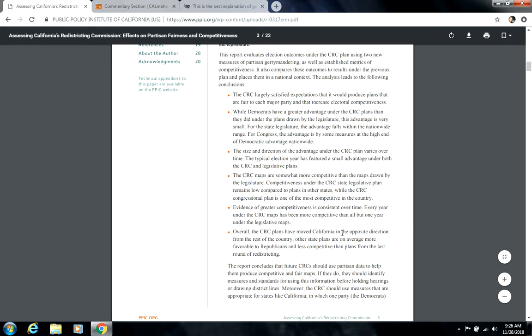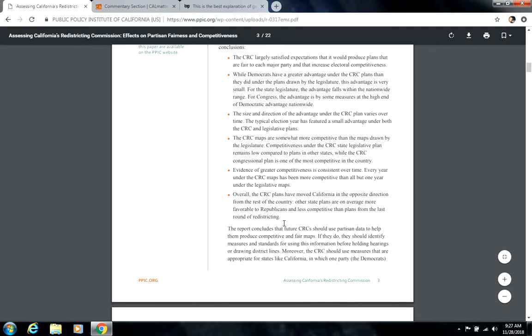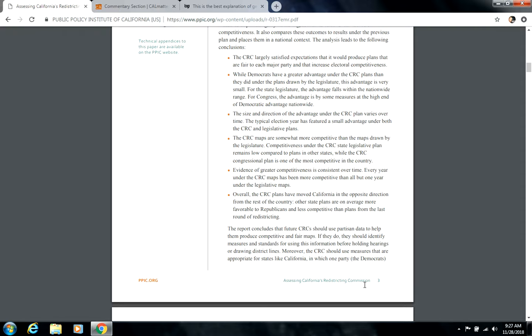SC plans have moved California in the opposite direction from the rest of the country. Other state plans are on average more favorable to Republicans and less competitive than plans from the last round of redistricting. Okay, so this is saying California is moving in the opposite direction. This is saying that the rest of the nation is moving to be more favorable towards Republicans, and